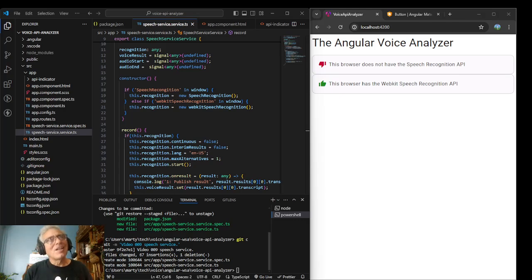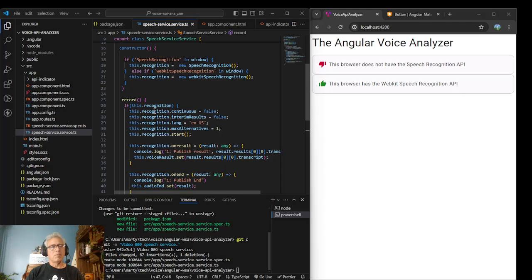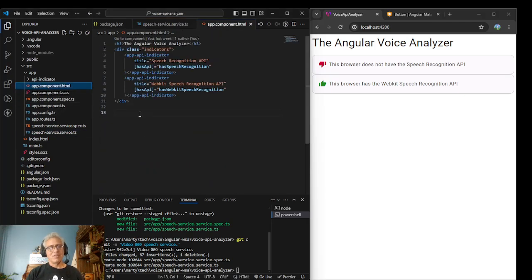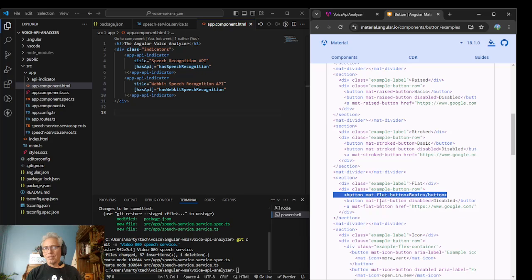Everybody. So last week we worked on this and we got a service that basically creates an instance of this speech recognition and then provides a record method. And so now the idea is we need to put a button in, just so we can make use of it. So if you go into Angular Material,